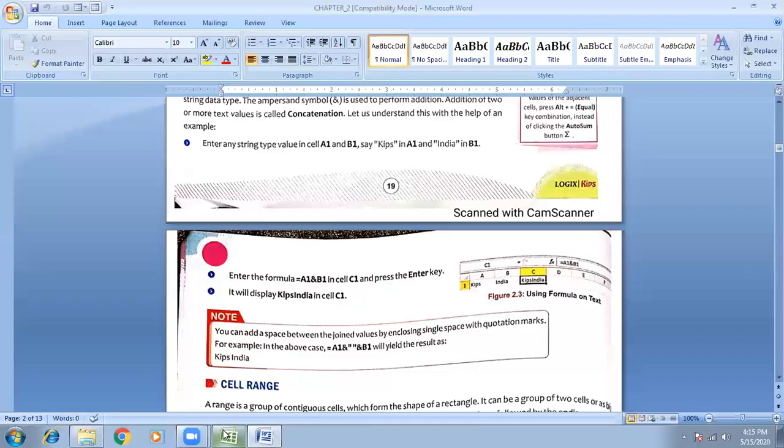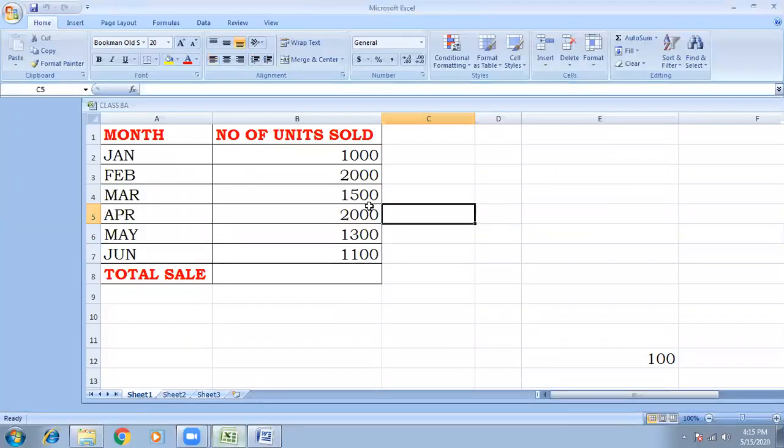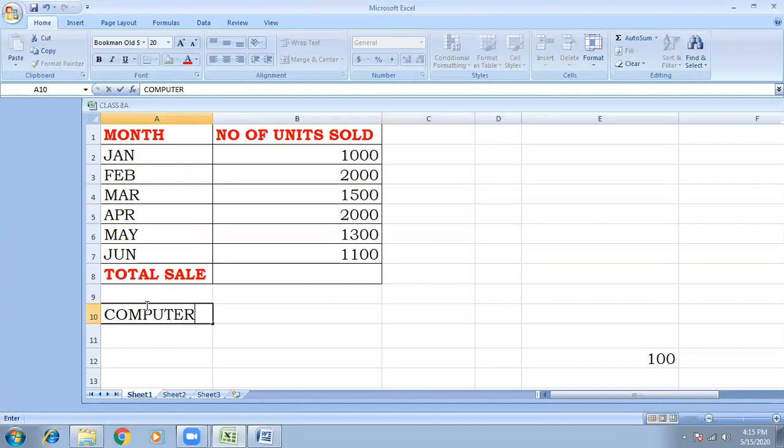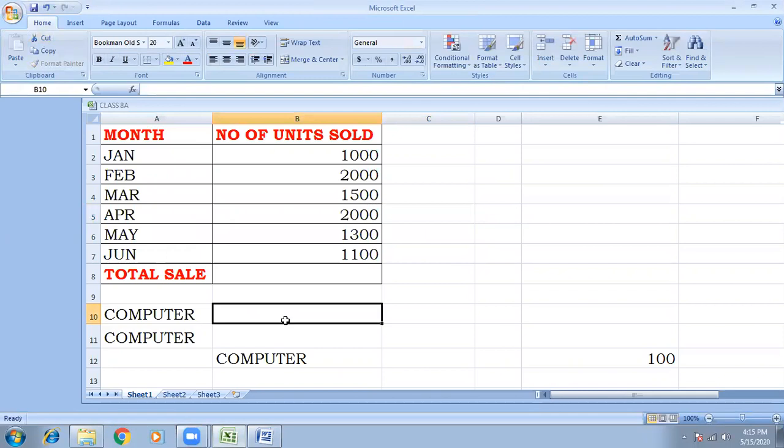This thing I will perform in Excel. Here, the cell address is A10. I'm writing here computer. And in the second cell B10, I'm writing application.